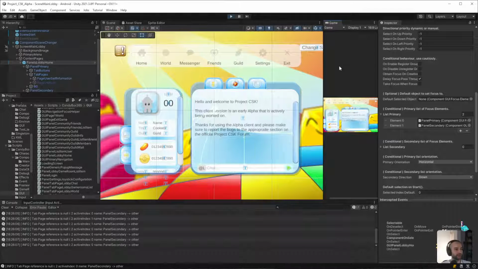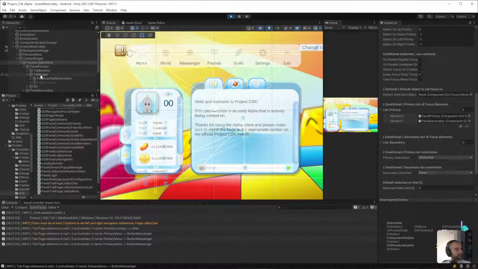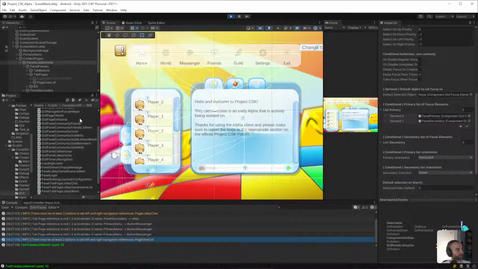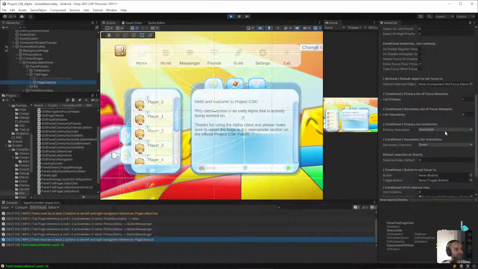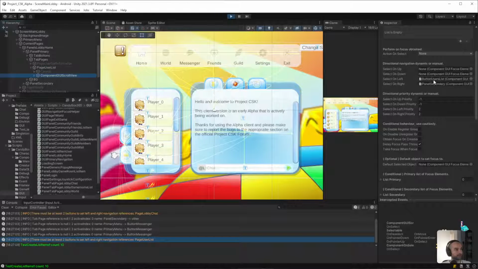Okay, so what I'll do then is I'll run it, and then I'll go in. That's what I should do, is look at the inspector and see what's going on there. I think that will help kind of explain things a little bit. Okay, so from here, this has navigation left and right. So if we follow this, this has navigation left and right.